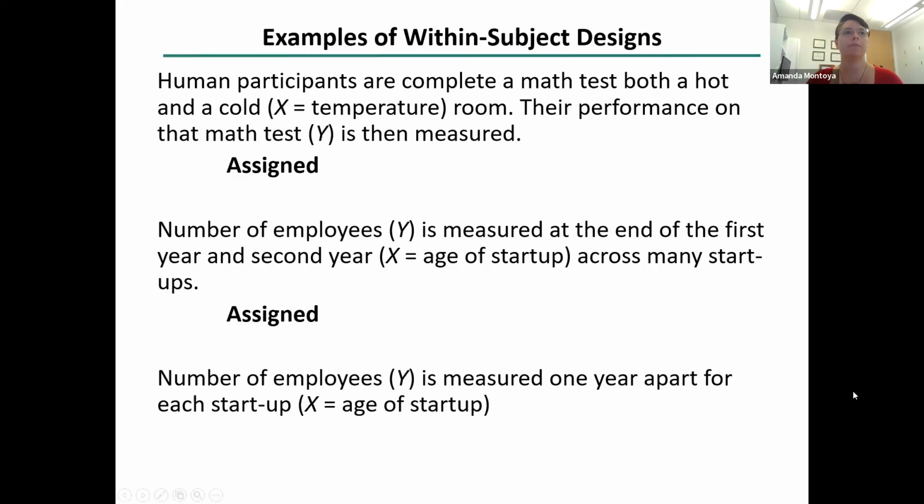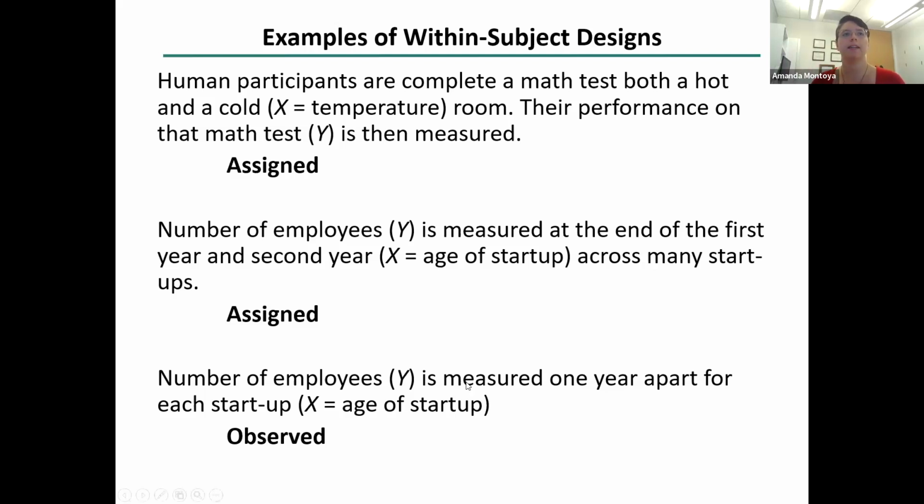So for example, if I looked at the number of employees at a startup measured 1 year apart for each startup, but I don't account for how old each of the different startups are, in this case, this would be observed. So this is kind of like two of the same studies, but they have different properties because of the way that they're designed, where in this second example on the slide, every startup is surveyed at year 1 and year 2.